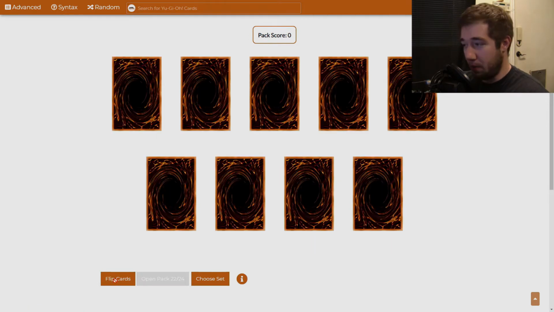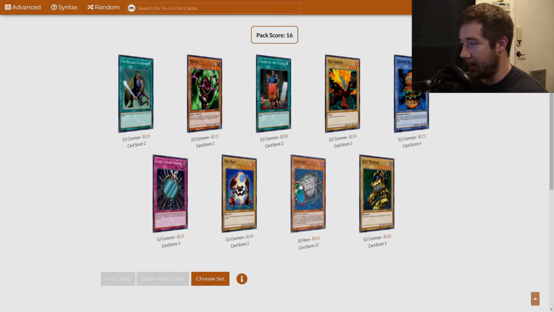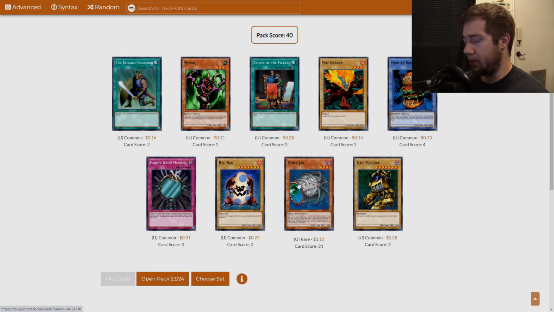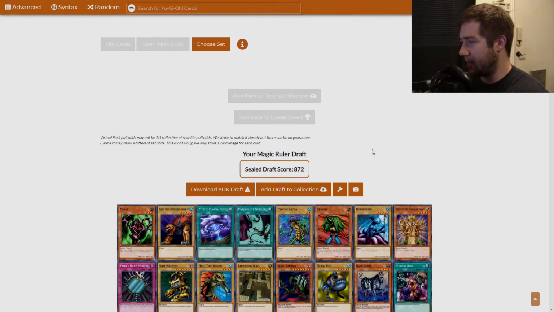Coming up on the last few packs, let's see what we got. We get Flying Combinary and the Sonic Bird. It's okay. We go on to the next pack. We get... Ooh, Cyberjar. How badly do I want to play Cyberjar? I don't know if I want to play Cyberjar. And let's move on to the last pack. That's interesting. And the last pack we get...